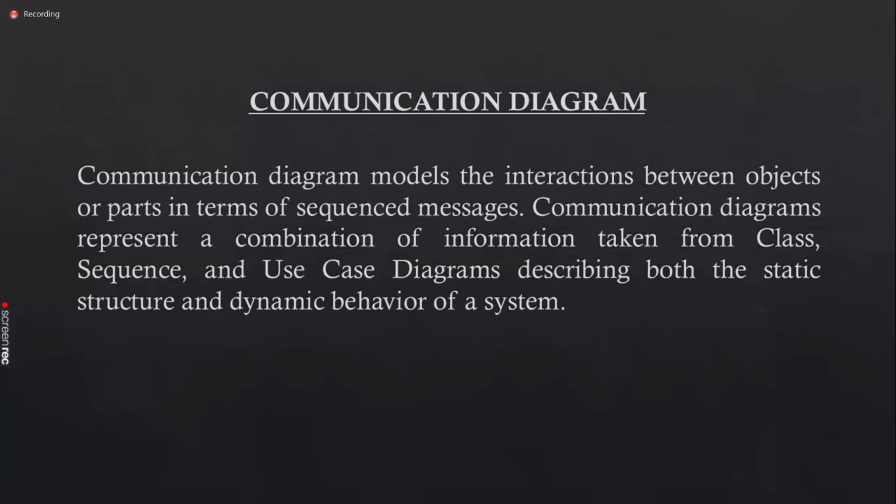This diagram shows the interaction between objects or paths in terms of sequenced messages, describing both the static structure and the dynamic behavior of a system. Communication diagrams are used to show how objects interact to perform the behavior of a particular case. And coming to the diagram,